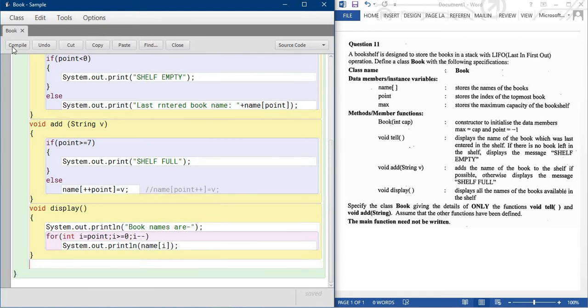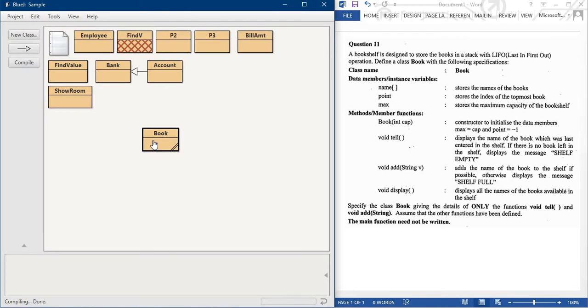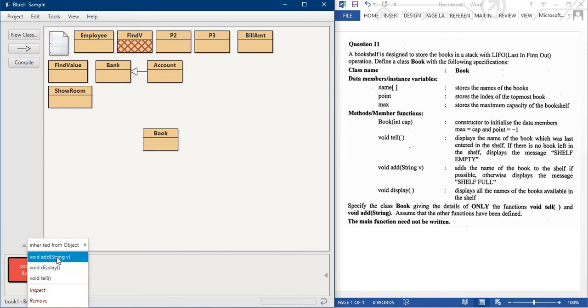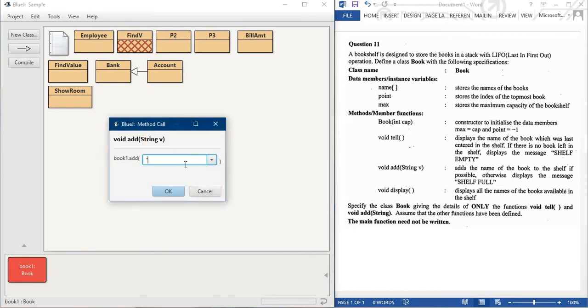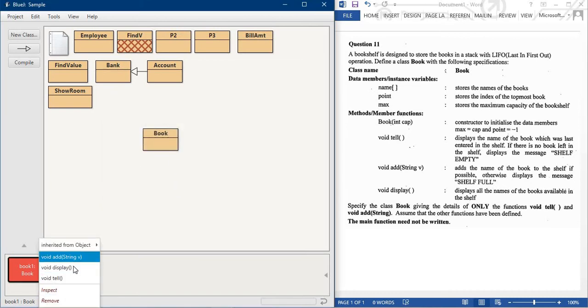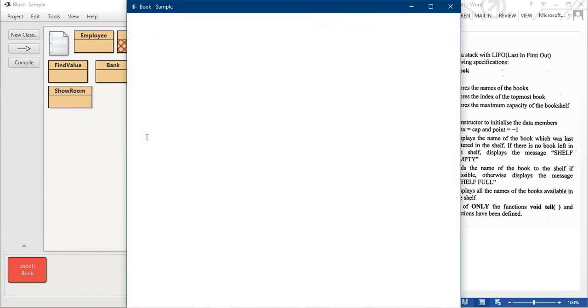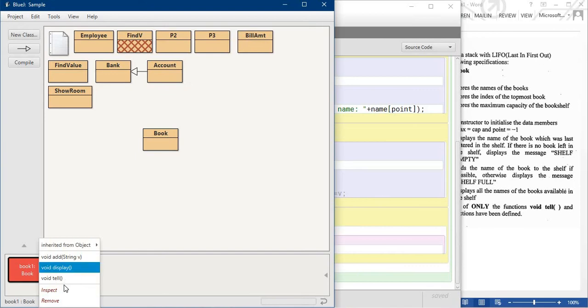Or you can do one thing: you can simply compile it and do it manually from here. Just create an object. Suppose you provide the size, suppose I am providing 5 as the size. So your object is created. Now you call and put the book name every time. Suppose I am writing BWK as a book name. Every time you just use this one. This is too hectic for us, so we just create a main method to write the entire thing. I close it first, the object is removed.